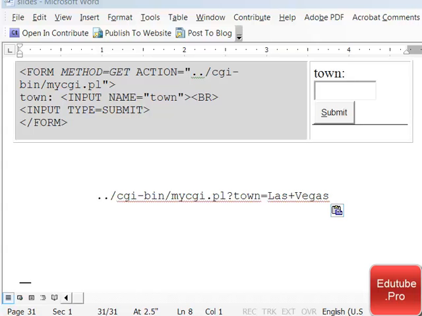Now, when this form data is added to the end of the URL, it is encoded so that the data can be used in a standard URL. Since the data is passed in the text of the URL, it's very easy to implement. You can pass data by simply adding appropriate text to the URL used to call the data handler. However, this method is also inherently insecure, so you'll never want to use the GET protocol to send confidential, unencrypted data to a handler, because the data is clearly visible in most user agents, such as browsers, and can be